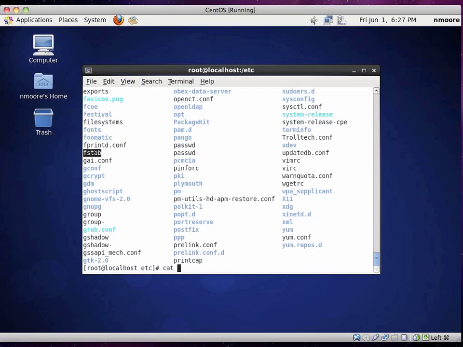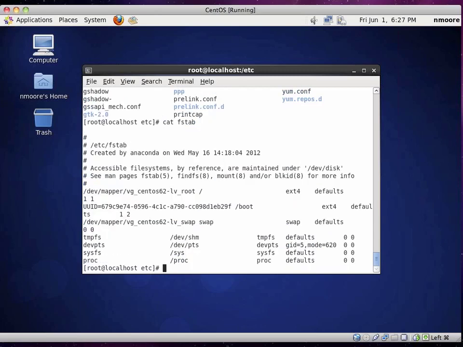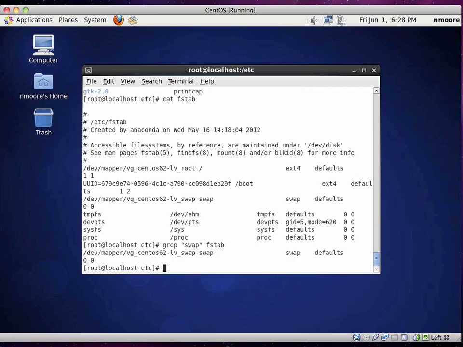let's first cat fstab. We got some data in here. Maybe we only want to see the line that pertains to swap. In this case, we're going to simply type in grep swap fstab, and we're only going to see that one line. You can see where this can really come into play when you start talking about a large number of files, or if you don't know exactly where a given configuration option is set, maybe something like a default password in a set of scripts for a web application. You can find this very easily to figure out where that line is.